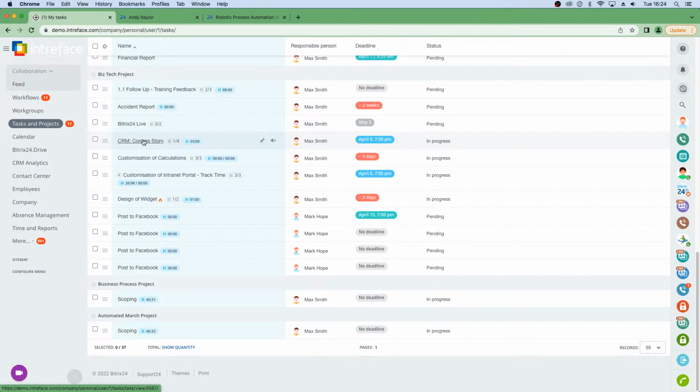Yeah, so the main reason for it is when you create a deal, you can just pass those two IDs